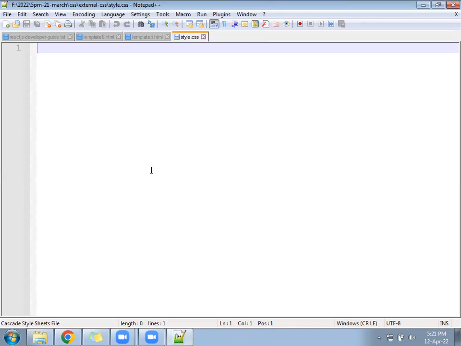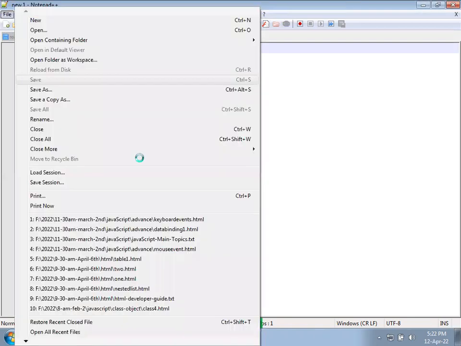The style.css file is ready. Create one more file, home.html.